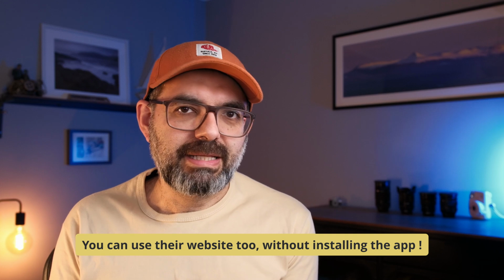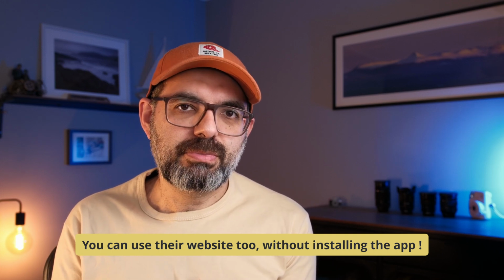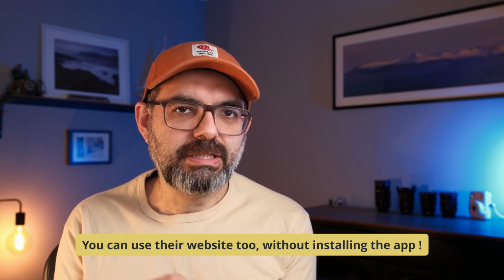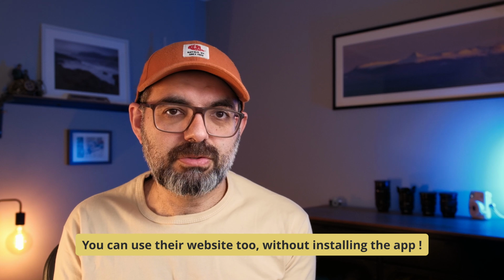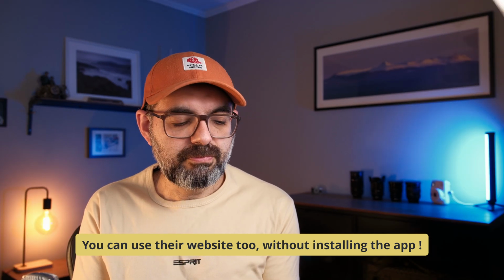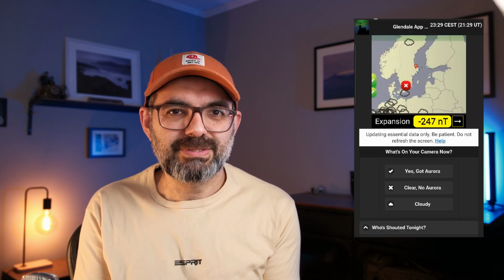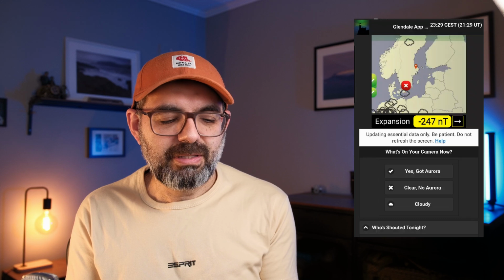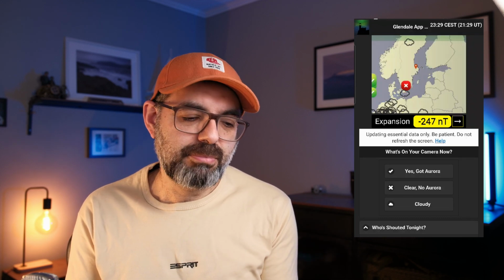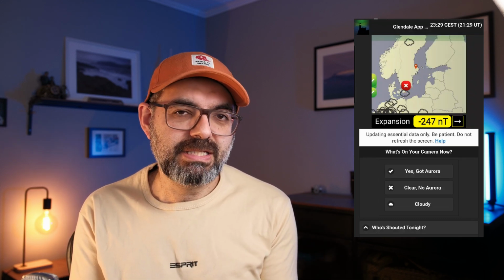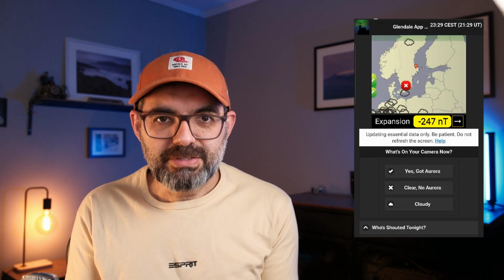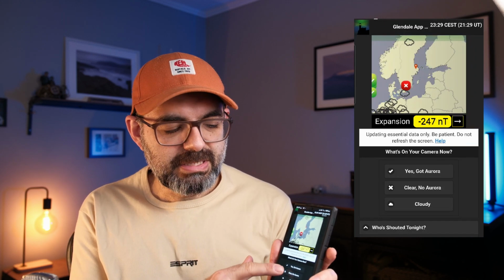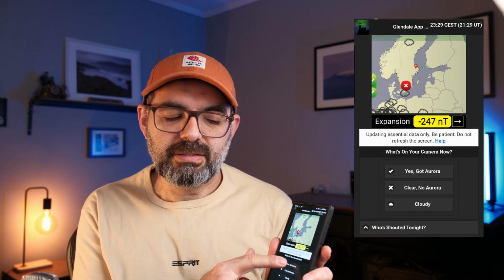The good thing about this app is that it shows me exactly what's happening right now. And then also you can use it to predict upcoming hours. So the first section is live reports. That's very interesting because people actually use this app and they post a report that they have seen Aurora or not. You also have a chance, as you can see here, if I see Aurora, I can hit yes, Aurora, or I haven't seen it, or the sky was cloudy. So you can report those, and these are